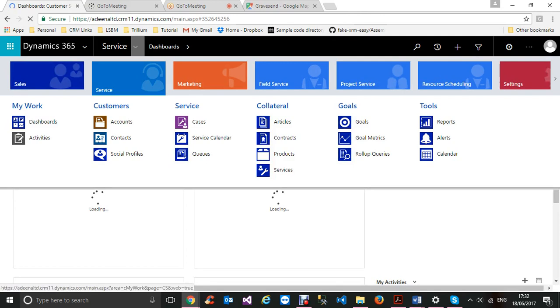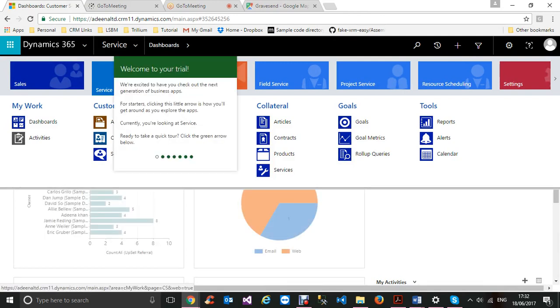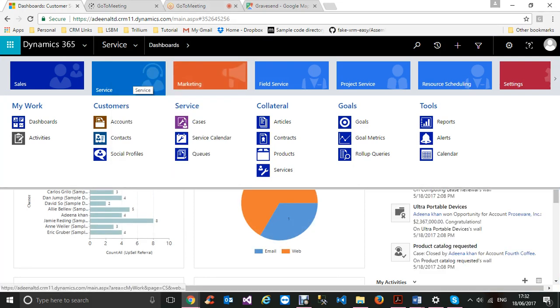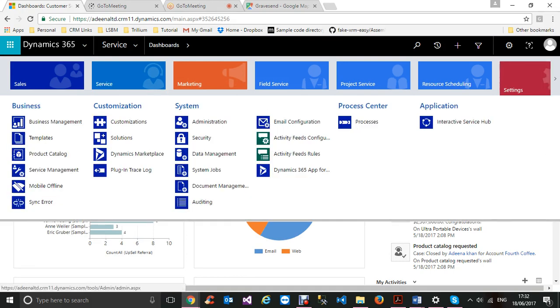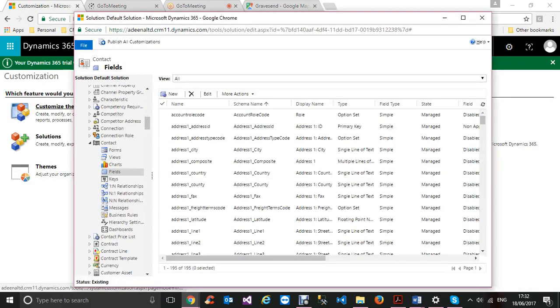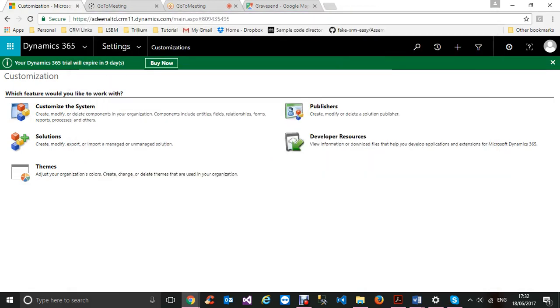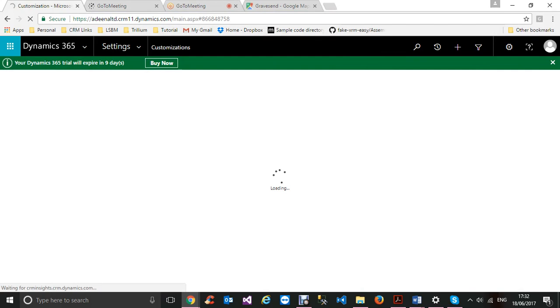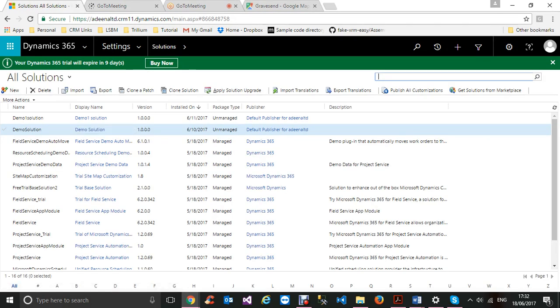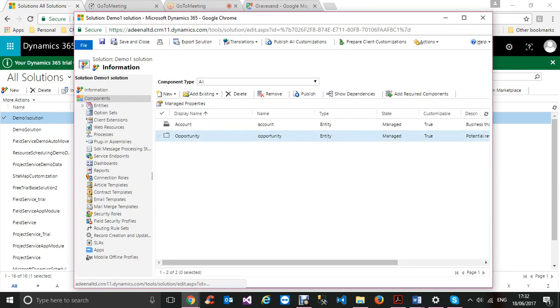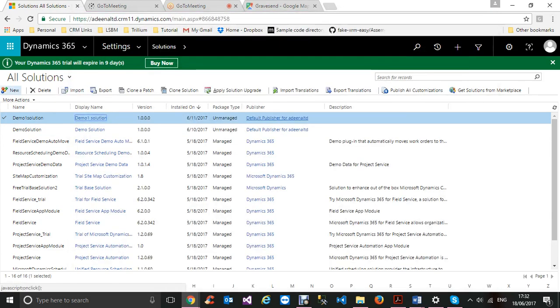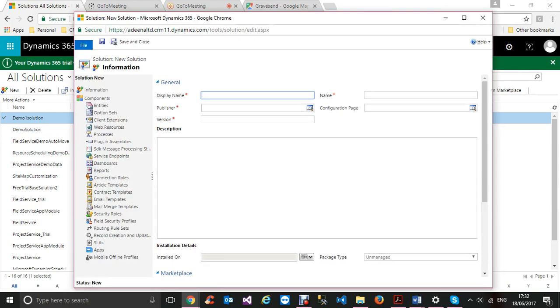No, no, no. Prefix. Yeah, prefix. So I told you that that is in the solution, right? So did you try? It is easy. You just go to settings, customization, right? When you created a solution, you asked me, I think, when we create a solution. So this is the demo solution we created, right? We have already created, so let me create a new one, then I will show you. So this is demo 2